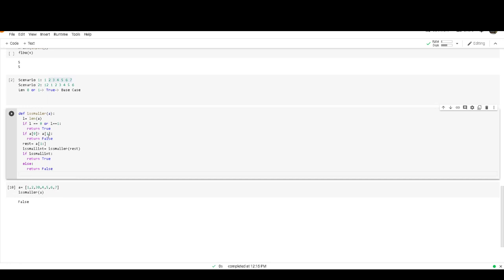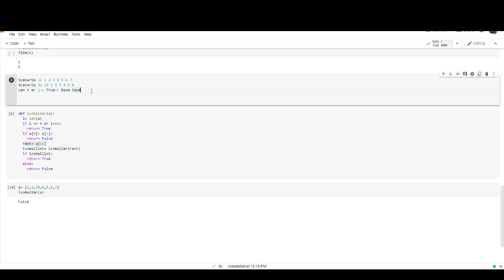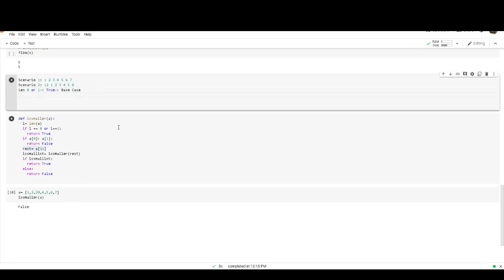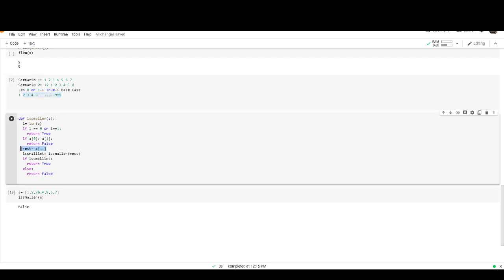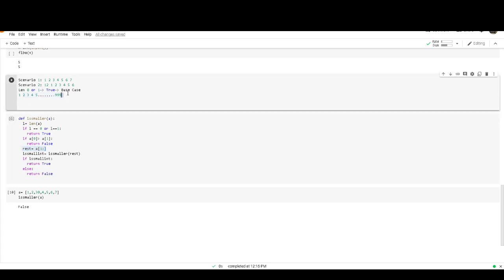One more thing: we need to consider this as a worst case scenario. If I type 1, 2, 3, 4, 5, 6 and go on up to 999 elements, this will be impractical, because it copies all the arrays, takes time, and then executes.